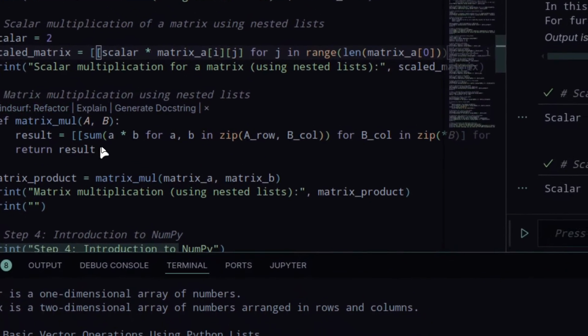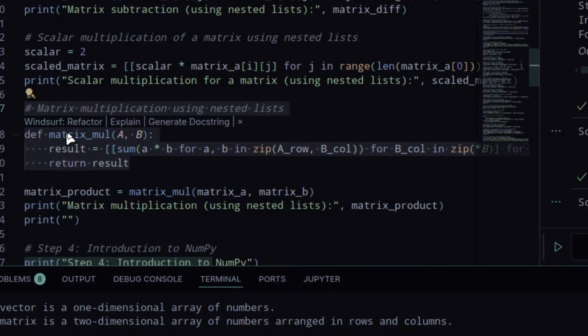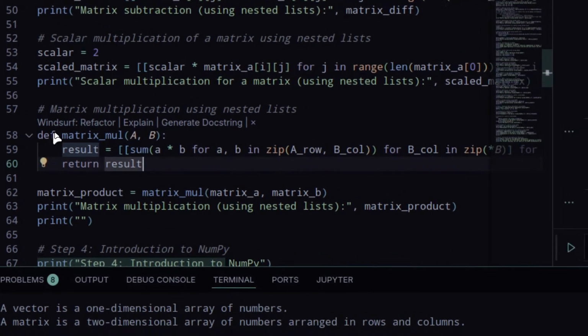Then this is the main thing. Understand that this is the most important thing that you will be doing, because this will be given